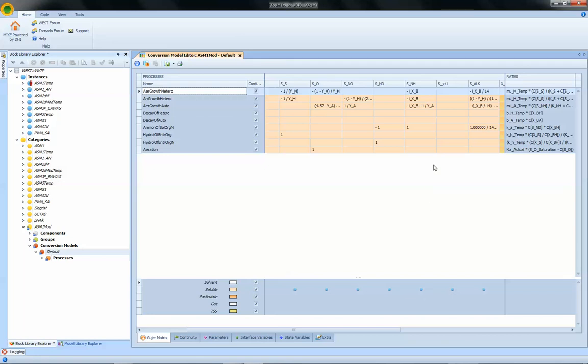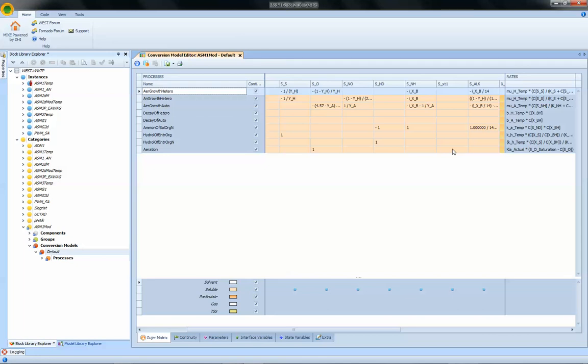Now you may also remark that it doesn't take part in any of these processes because we haven't added any stoichiometric coefficients, which is good for now, and this is sufficient for what I wanted to demonstrate in this video. Next, I will generate code, integrate it in the library, and verify it by creating a new project. However, I just wanted to